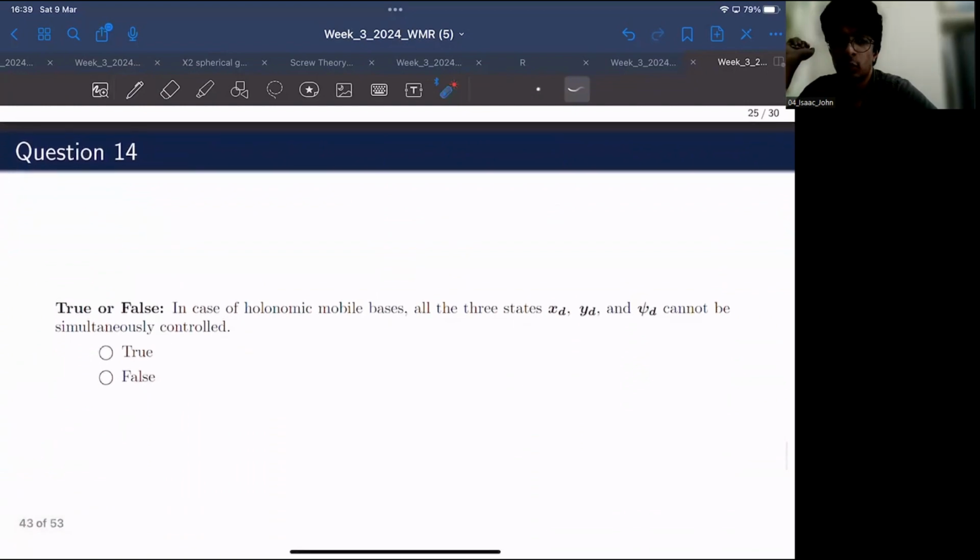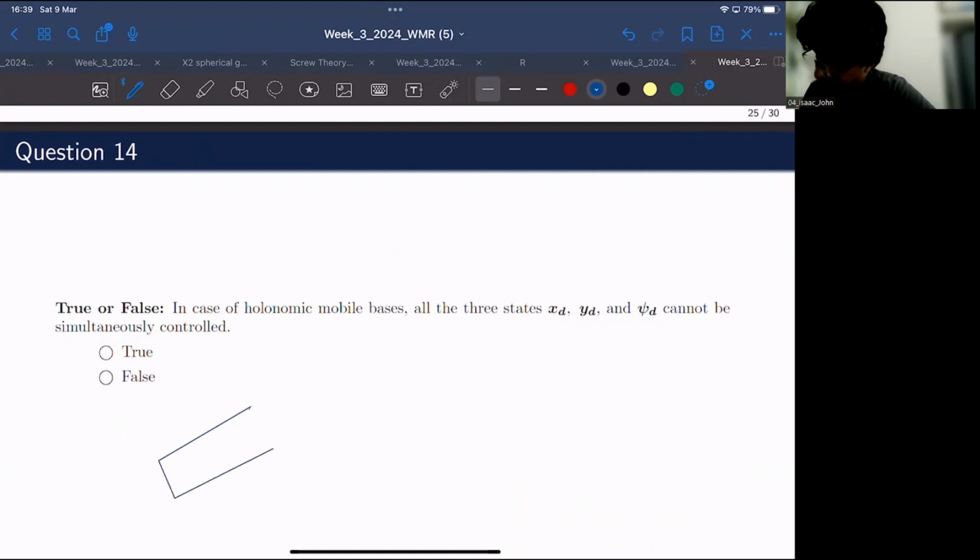Okay, moving on to question 14. In case of holonomic mobile robots, all three states, XD, YD, and PSID cannot be simultaneously controlled. Is this true or false? So if you can recall from the live lectures, we have seen how we control non-holonomic mobile robots. For example, in the case of a differential drive robot,